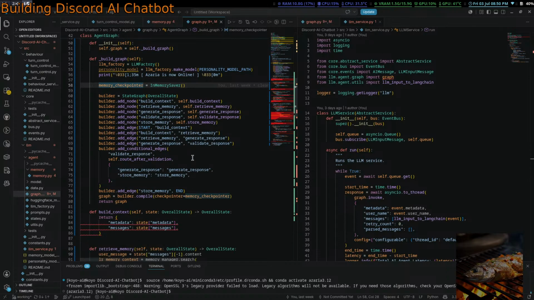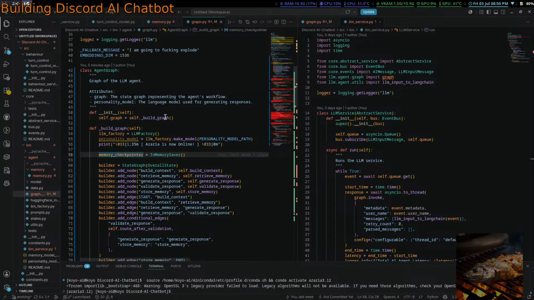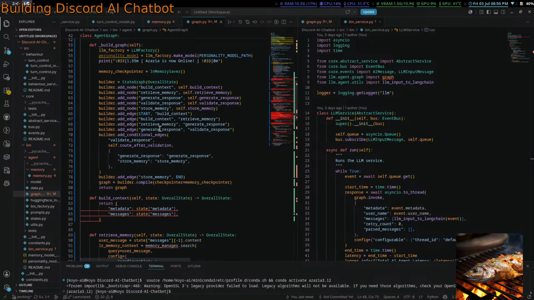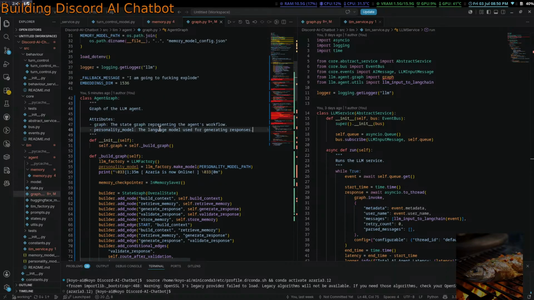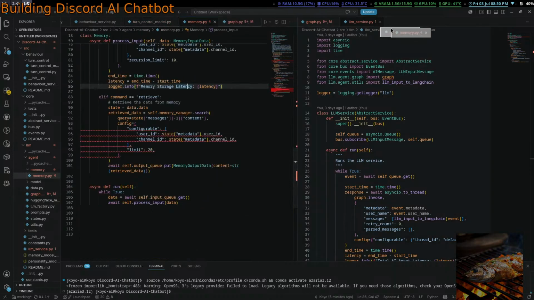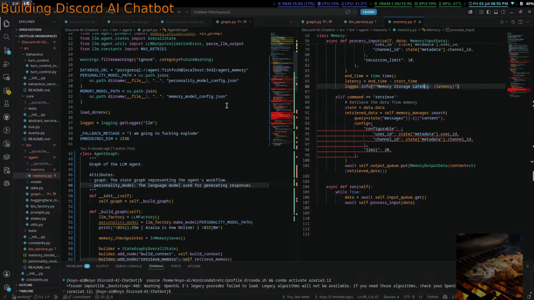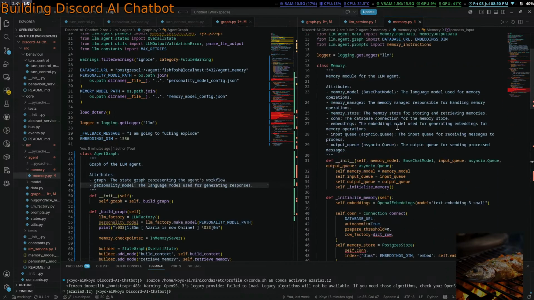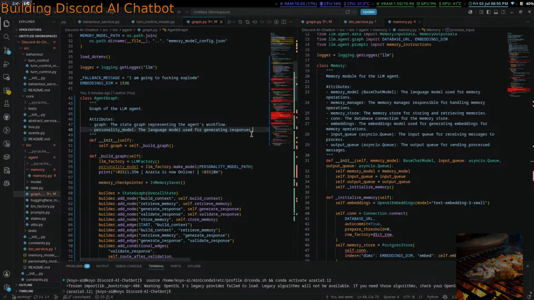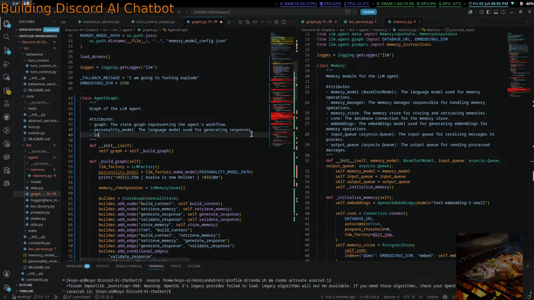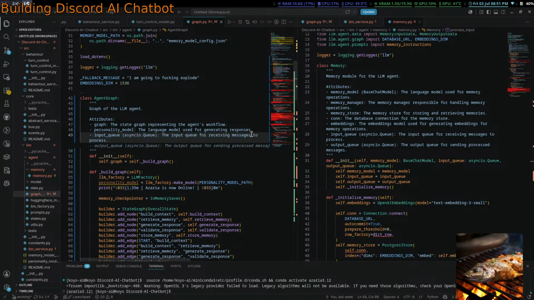Okay. So, personality model, and what else do we need? Oh, input queue and output queue, just like the memory stuff. Input queue, async. I forgot about that.